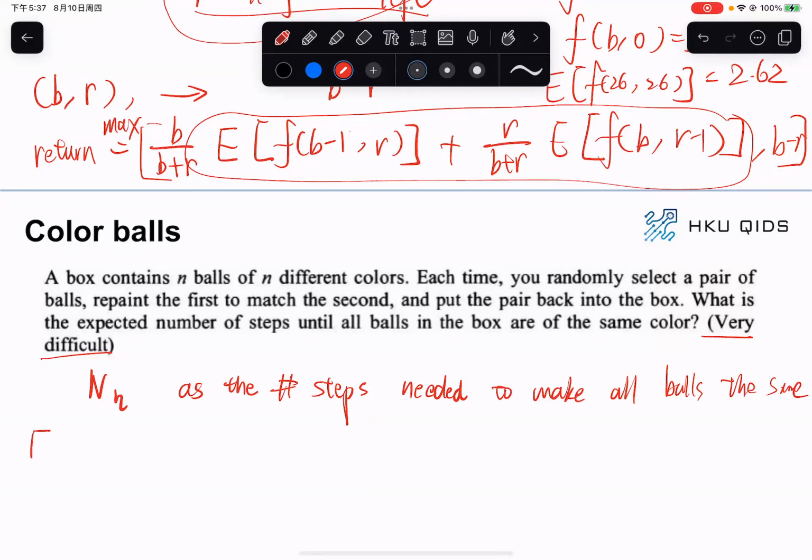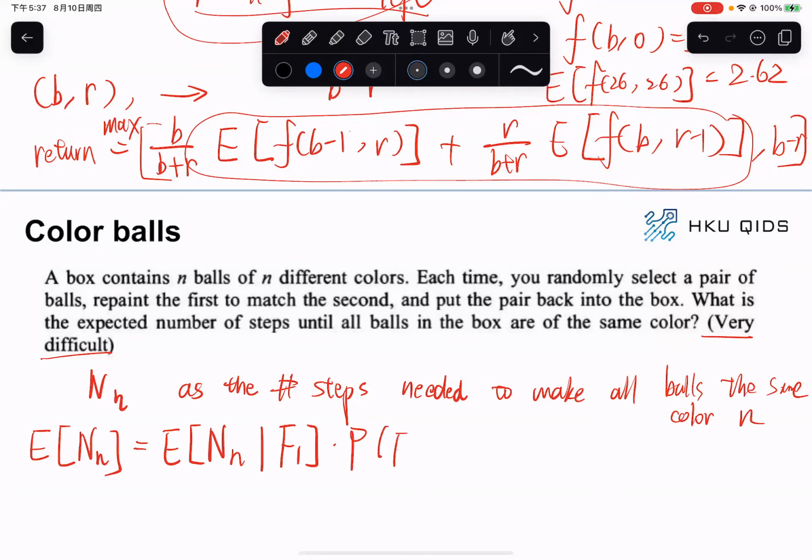And we can have this expected E_n given the same color, small n, okay? It is going to be what? The expected value of E_n of having color F1, okay? Multiplied by the probability F1, plus all the way to expected E_n F_n